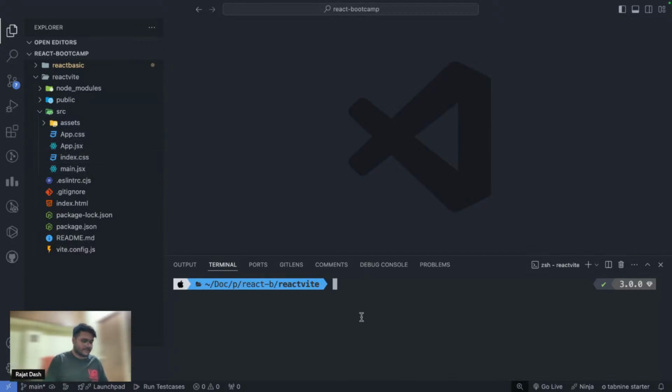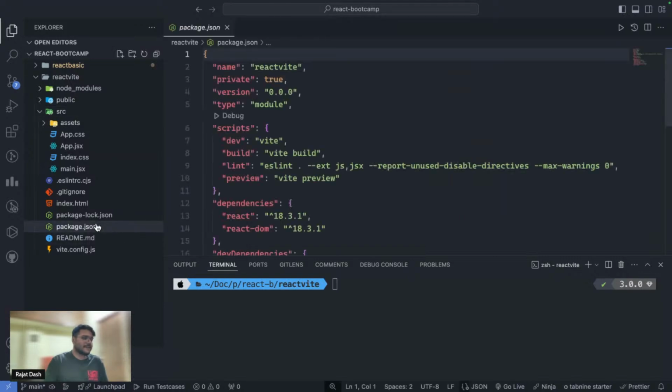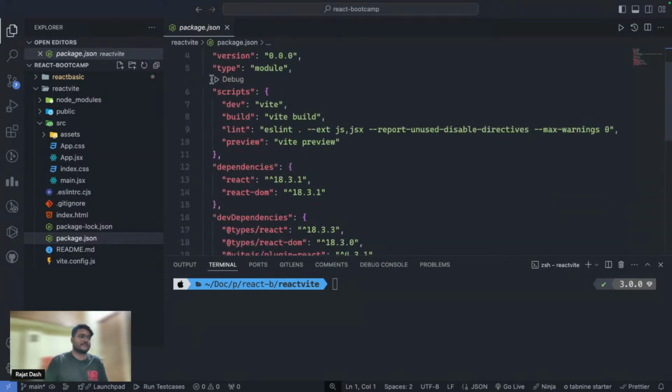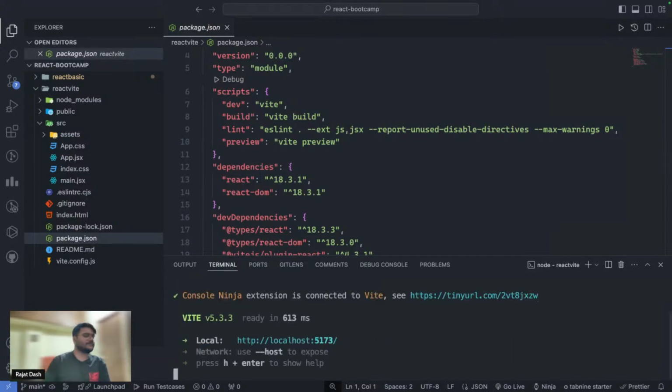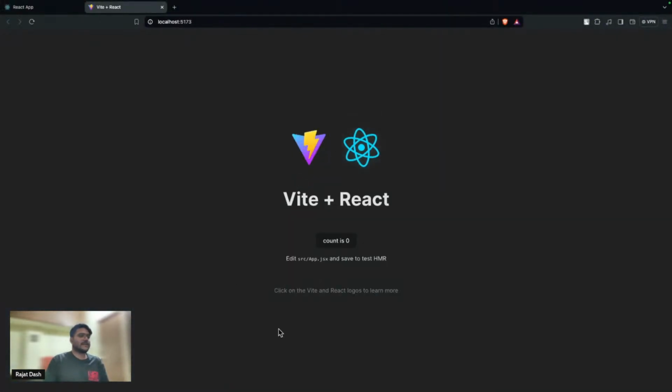So first, let's run the Vite application. To run any JavaScript application, you just go to package.json and see what scripts are present in there. Okay. For build, we have discussed that for building it is build. For dev, in Create React App it was start, and in Vite it is dev. So for running the application, we'll go for npm run dev, and it gave us one URL. Let's go to the URL and see, this is the application which it provides us.